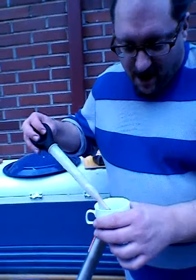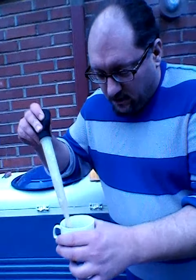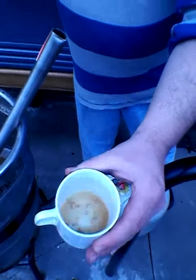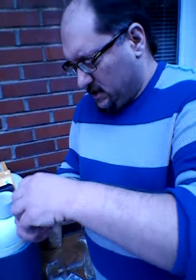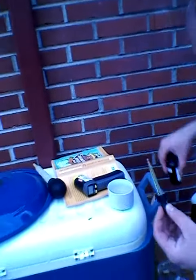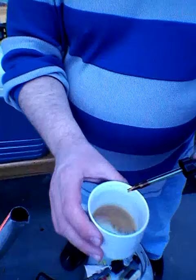I was telling you before about how the enzymes break down the sugars into smaller molecules that yeast can deal with. So what I do is I take a little bit of this stuff, which is just the chunky bits that are in there, and then I'll take a little bit of this. It's iodine tincture, which is essentially almost pure iodine. And what I'll do is I'll put a couple of drops in there, and if it changes to blue,